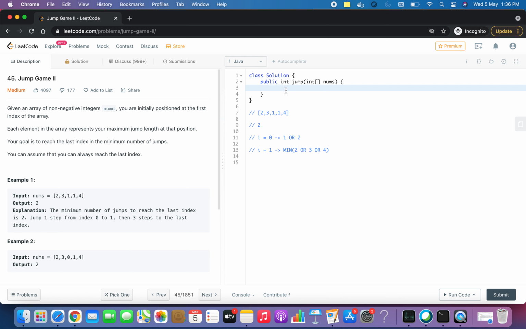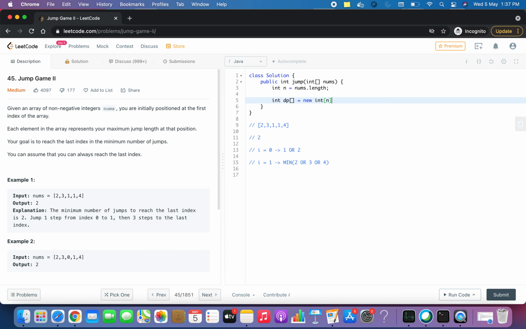In order to solve this problem, what we can do is iterate the array from the end, that is from index 4 till index 0, store the results of the previous iterations, and calculate the result of the next iteration by taking the minimum of those indices. Okay, so I will show you in the code. Let's calculate the length, nums.length, and let's also take an array which will store the calculated results.